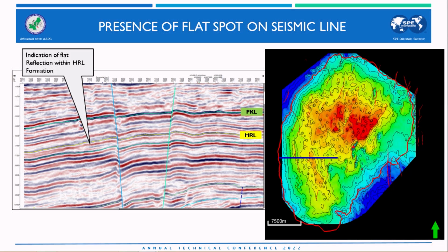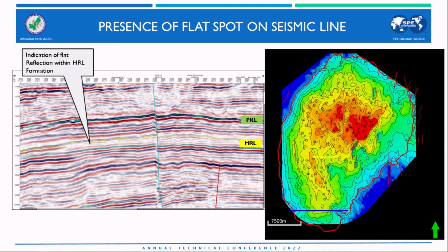Similarly, this was not a phenomenon of a single line. When we scanned all the data, we observed similar kinds of flatter geometries on the western side of the gas-water contact area. Again, on the third line at the southernmost part, we see this flatter geometry, which is terminating at the top of HRL, which is correlating with the gas-water contact information of the area, because the gas-water contact has been penetrated in